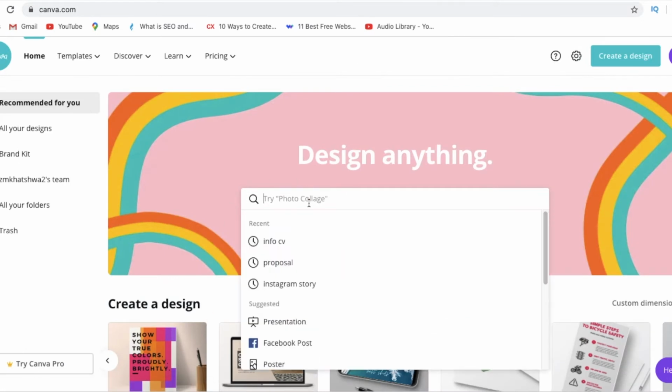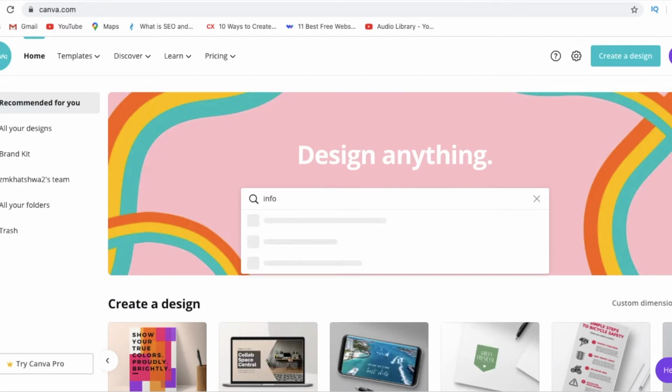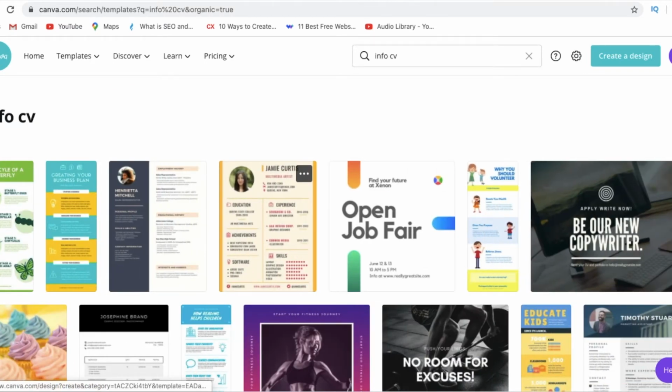So this is a searchable area which shows a magnifying glass. We're looking for an infographic CV, and then you can search that way, or you can go through the templates. And there are the CVs that are available that you can use as templates. So you can create one. Let's say we like, I don't know,